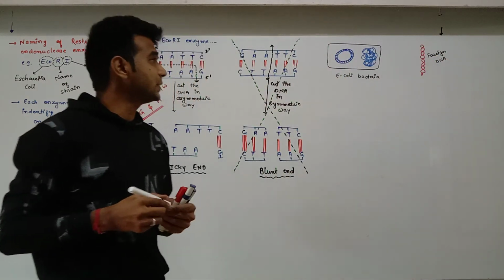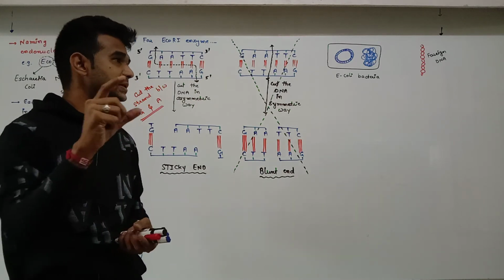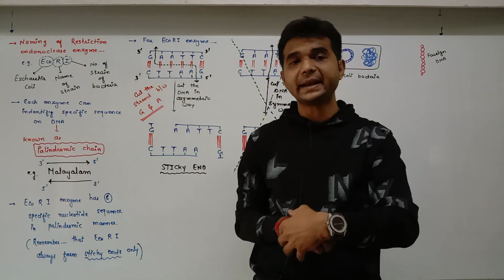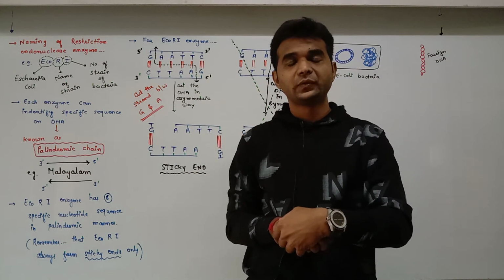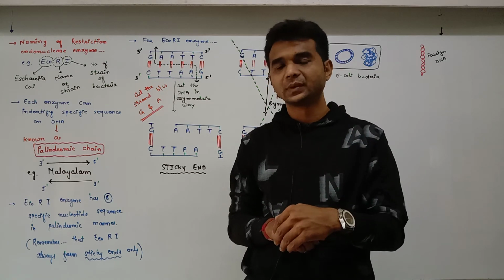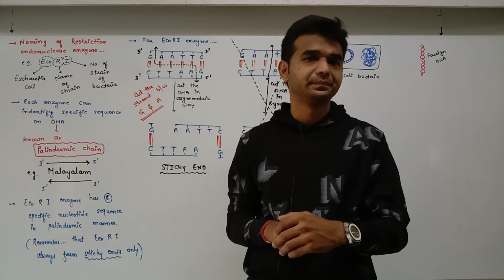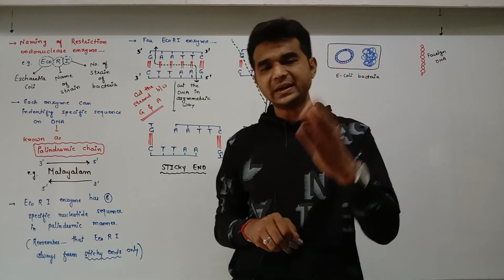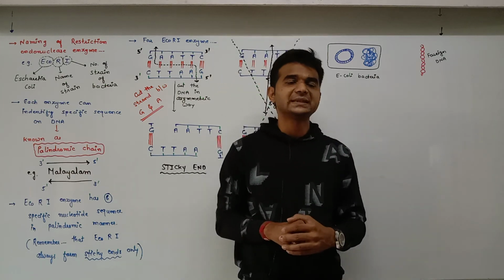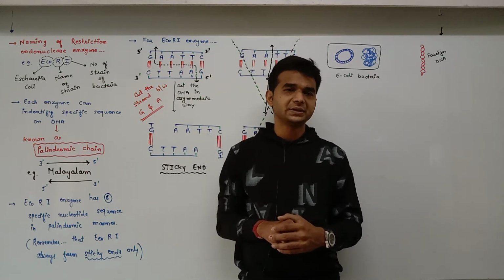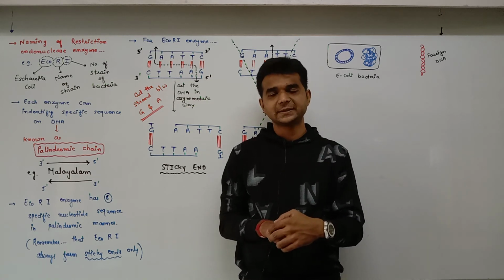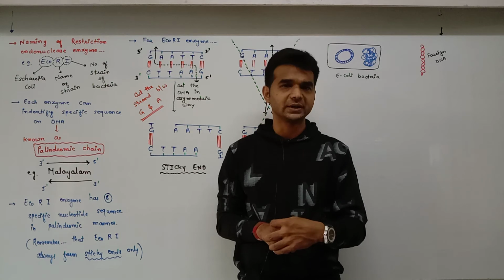We can select the foreign DNA in such a way that this foreign DNA consists of the desirable character. For example, if we have to form insulin in E. coli bacteria, yes, we are able to form this. For plants, remember for this chapter, in plants we formed the first recombinant DNA species, that is Bt cotton.